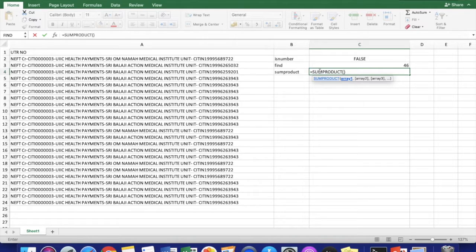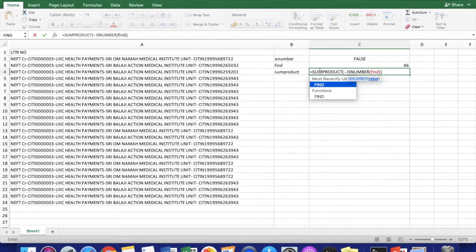Now I will put two minus signs, which will change TRUE and FALSE into 1 and 0. If you don't understand this, then you can check my previous video or check the card, where you will find the basic usage and the basic arguments of what SUMPRODUCT does. So let's say ISNUMBER. It will give me a TRUE value if it is a number and a FALSE value if it's text.